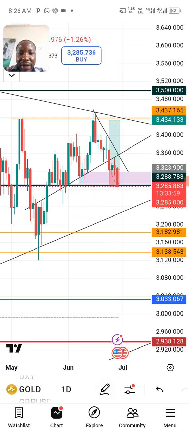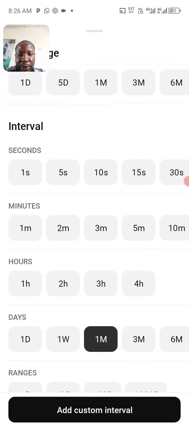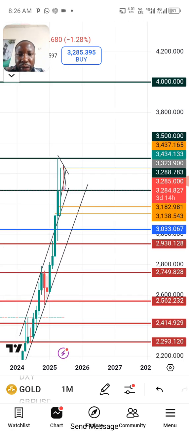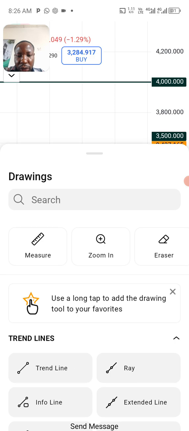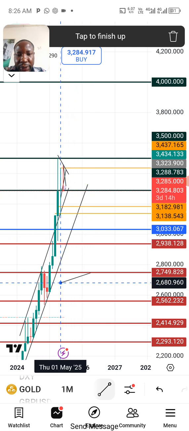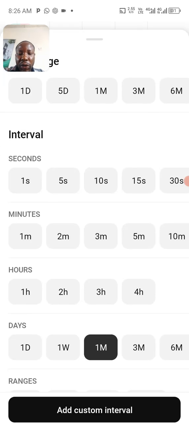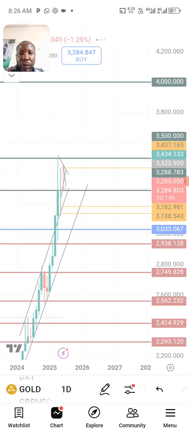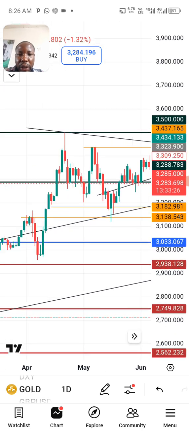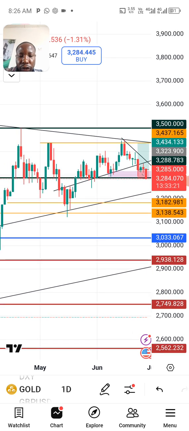Now I want to share with you the reason. So this is the daily. You first of all switch over to the monthly to know where the market is heading to. From the monthly time frame, you can see that gold is heading to the roof, to the upside, right? Now let's go over to the daily to confirm what is actually happening. When we come to the daily chart, we can see that the daily is also heading to the roof, but there is